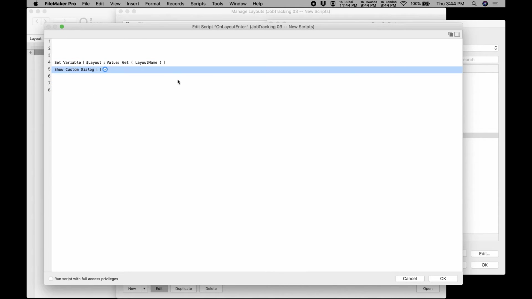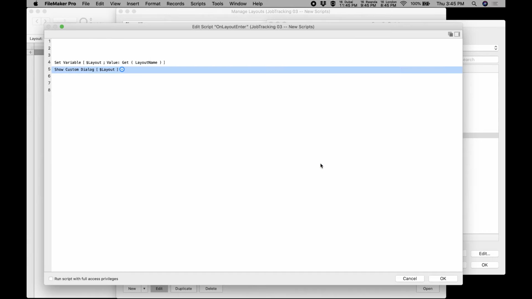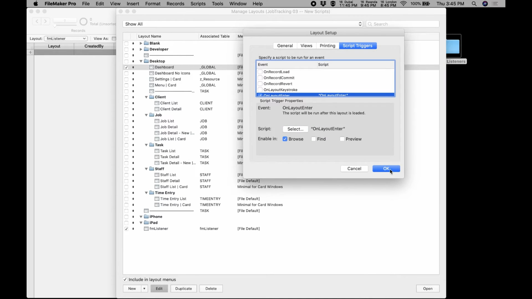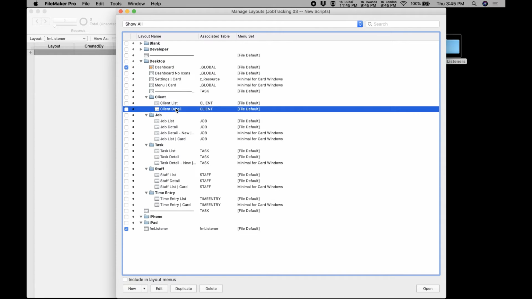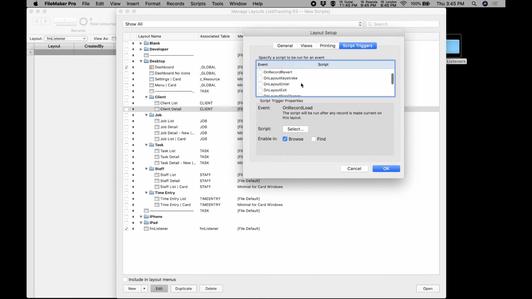And then in order to make sure it's working, let's test it out. We'll do a show custom dialog, and we'll display the results of that variable as we click around the solution. We'll clear out the cancel button. It wouldn't do anything anyway, and we'll say OK. So we've got one brand new script that we've added to your solution. We've attached it to the on layout enter script trigger, and now we can begin applying that around to some